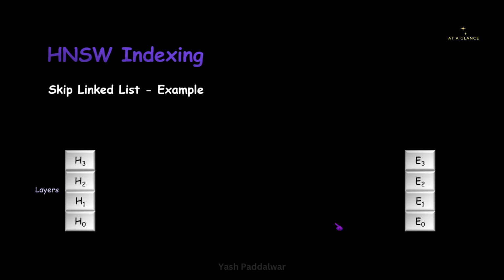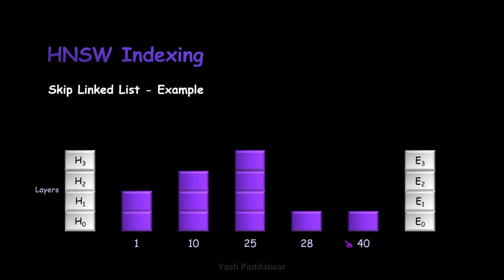Now between this head and end, we have multiple documents. You can see here that each bar is one document. We have documents 1, 10, 25, 28 and 40. Now you might be wondering what exactly these levels are. Just see horizontally. When we talk about layer 0, you can see we have a total of 5 documents over here. Level 0 contains all the documents that are present inside the corpus. That means every single document will be considered at level 0. Now, as we move a level ahead, at layer 1, you can see that we have only 3 documents instead of 5 documents.